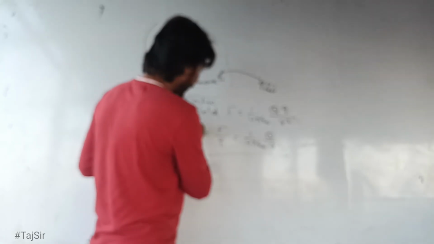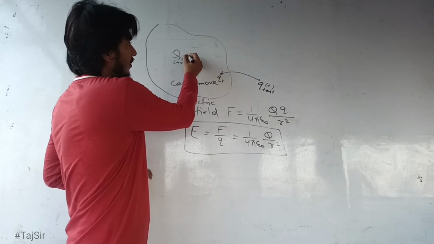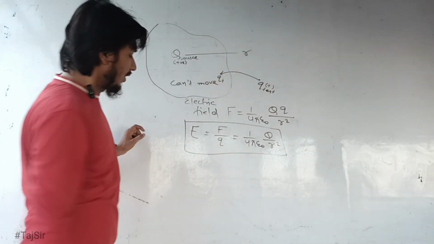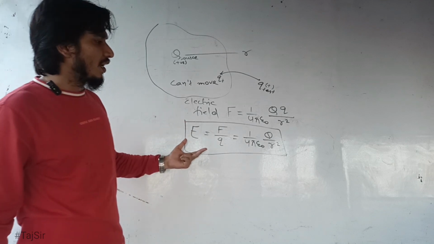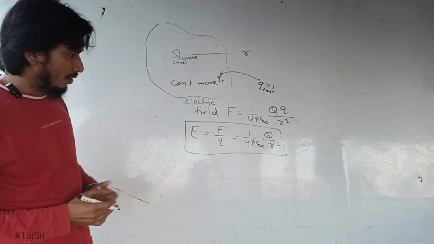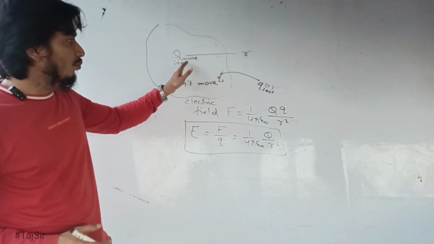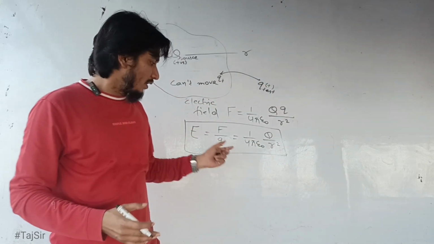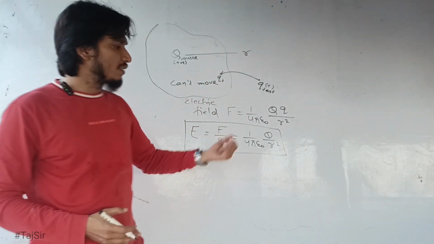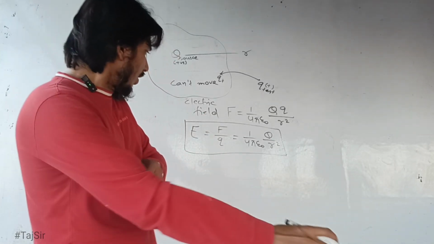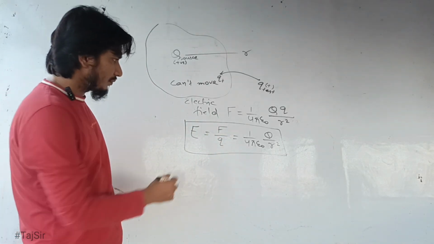So we have a mathematical equation or formula of electric field. What it says is that at some distance r from the source charge, there exists a field or electric field inside which another charge can feel the force of attraction or repulsion. This field is inversely proportional to the square of the distance. That is, if we move away from the source charge, then this force will get smaller and smaller, and if we come closer to the source charge, then this force will become larger and larger. And as the force is a vector, in the same way electric field is also a vector quantity, and direction of